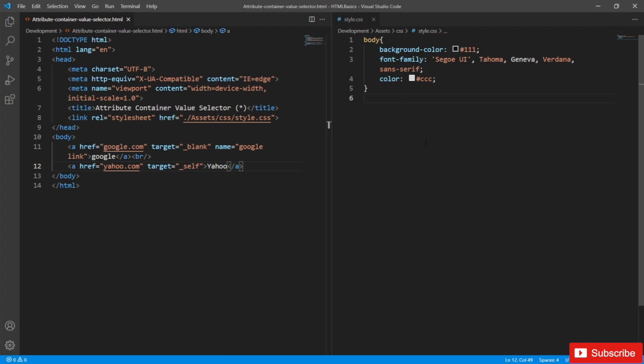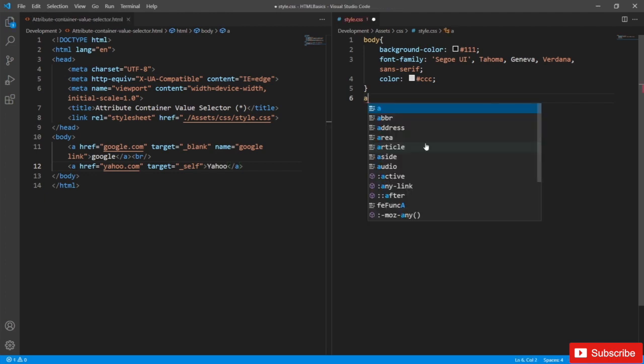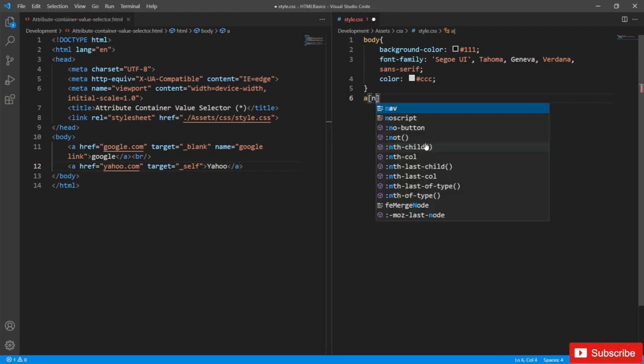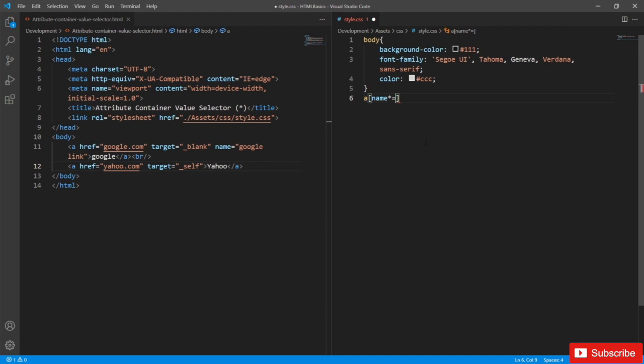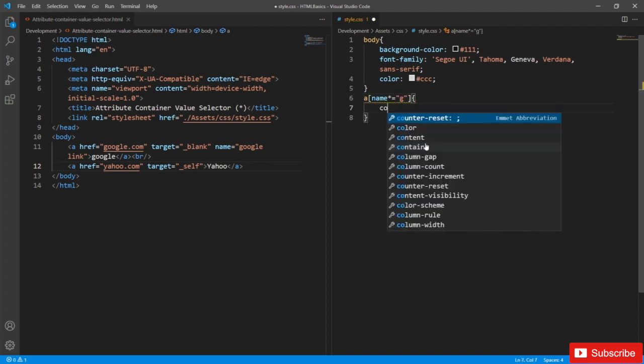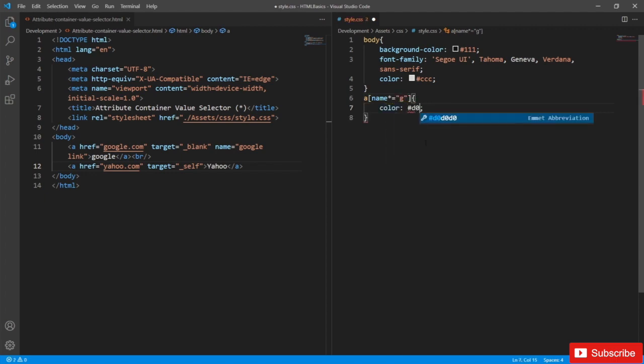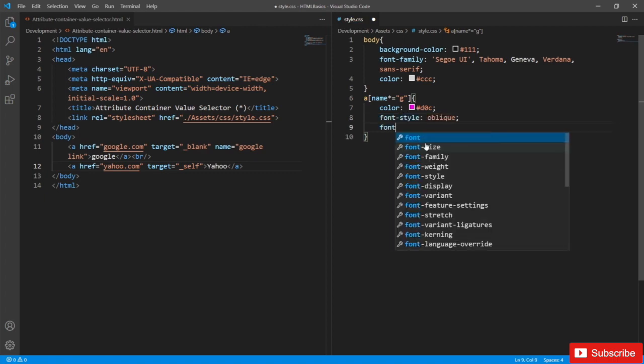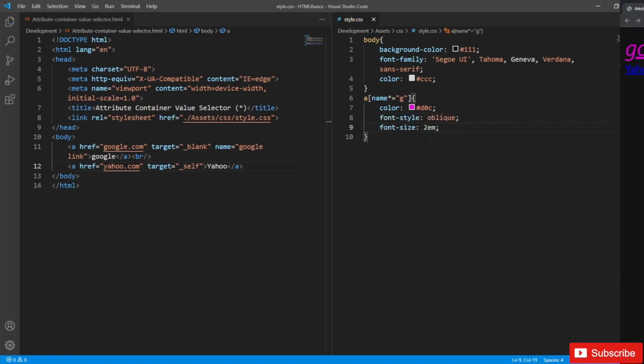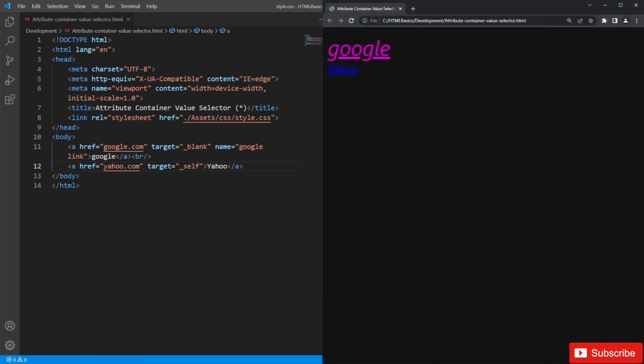Now in the style, I want to select the link whose name contains the letter G. So I will say a square bracket open name star is equal to G bracket close. And let me add a few styles here: color, font style, and size. So this will give me the link which contains the letter G inside its name attribute, as you can see